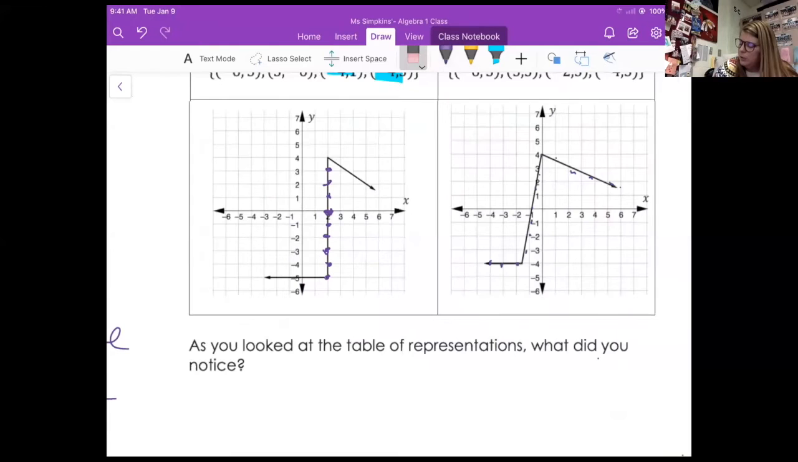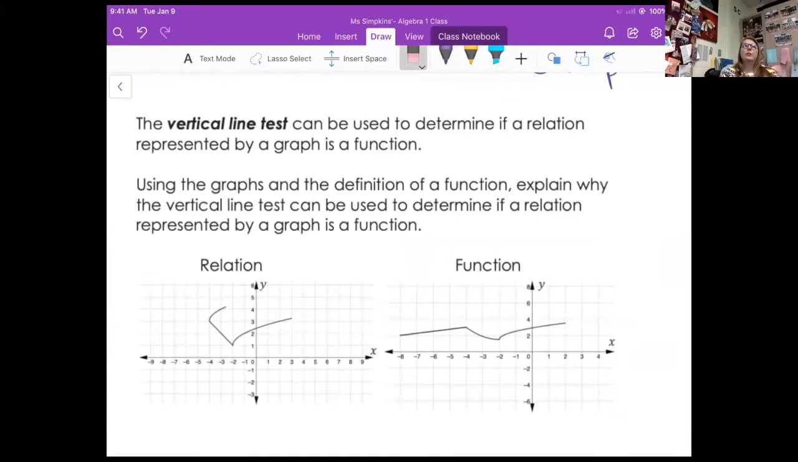We're going to skip this question. We're going to jump down here. It's actually called the vertical line test. Vertical line test. Vertical, which way is vertical? Yeah, up and down, right? Vertical line test. So when we have a graph, we can determine if it's a function by the vertical line